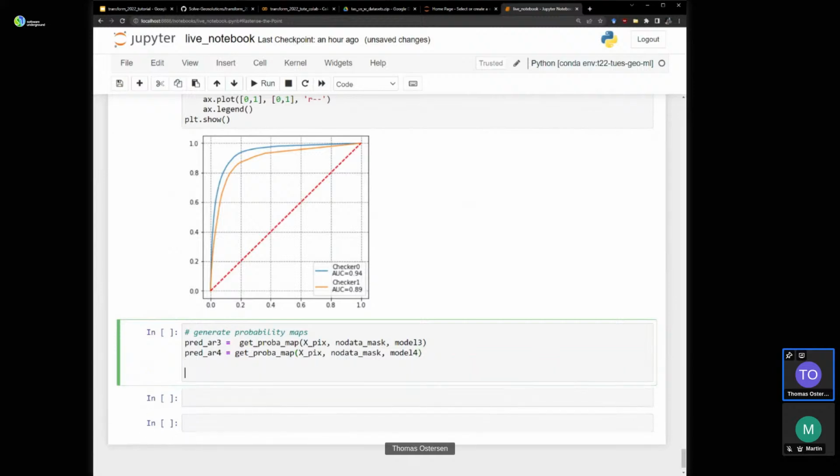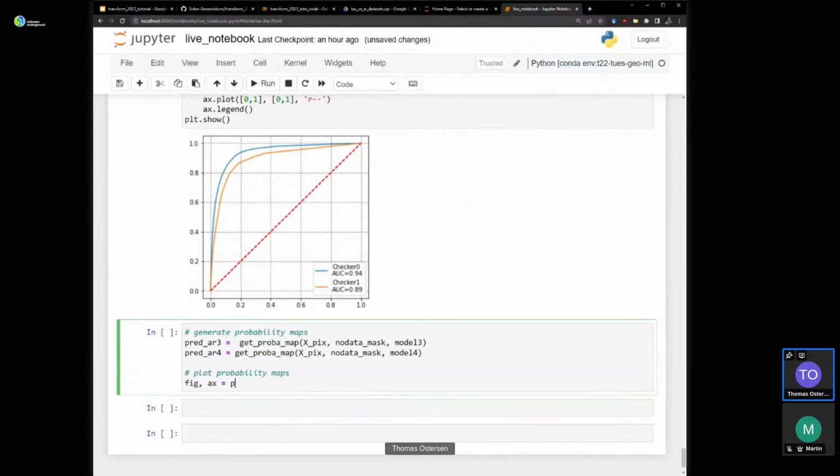Now let's plot these side by side. Plot probability maps. Big subplots, 1 row, 2 columns, 10 by 10.